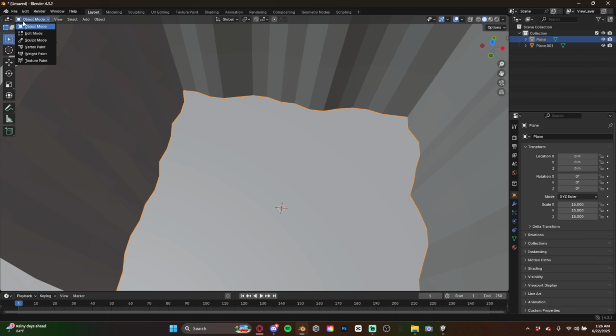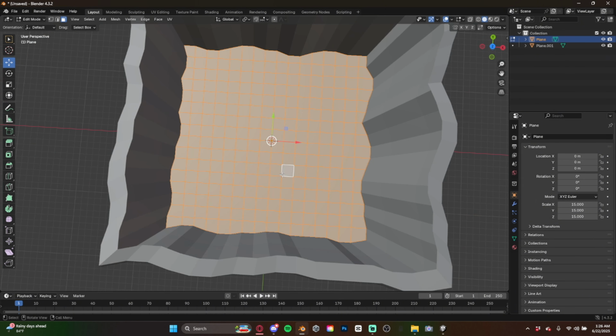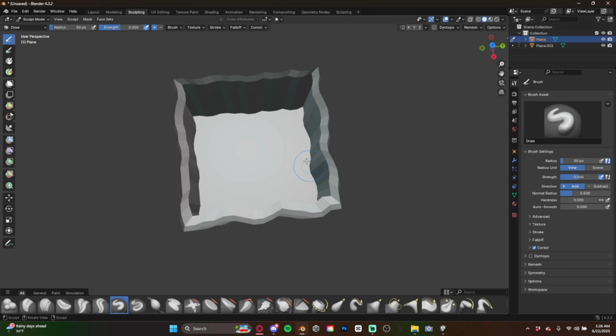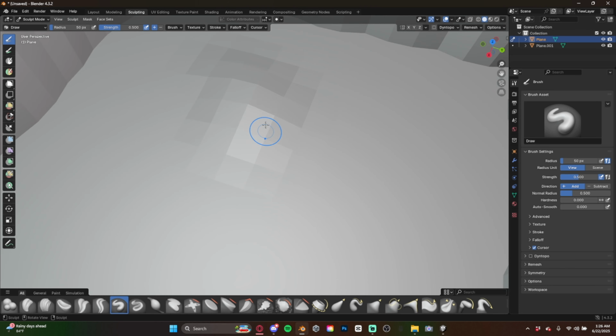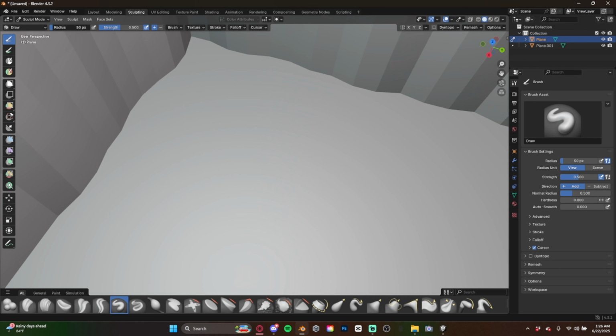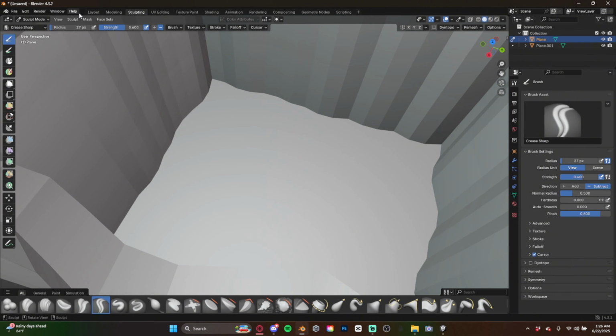You want to click the plane, go back to edit mode. Then you want to click A, and then, well, not A, and you want to try to go sculpting. So as you see, sculpting, it does work. So you can put down the radius, you can go downwards, you can go upwards. You can do a sculpting tutorial, but in this tutorial, I'm just gonna teach you how to do a basic